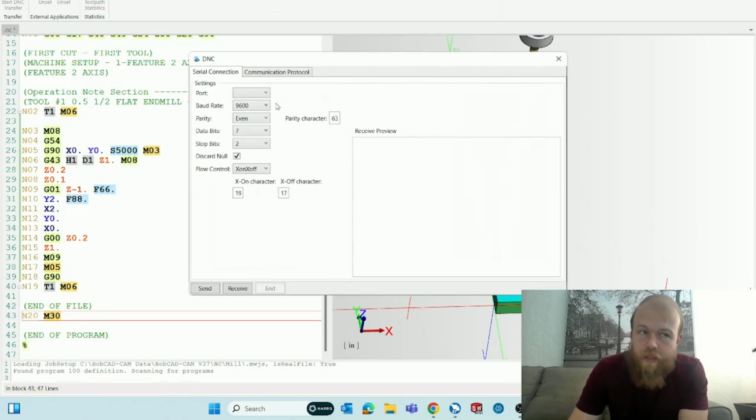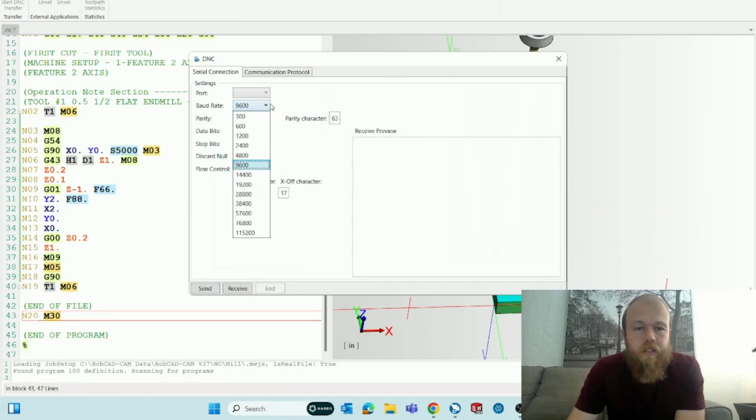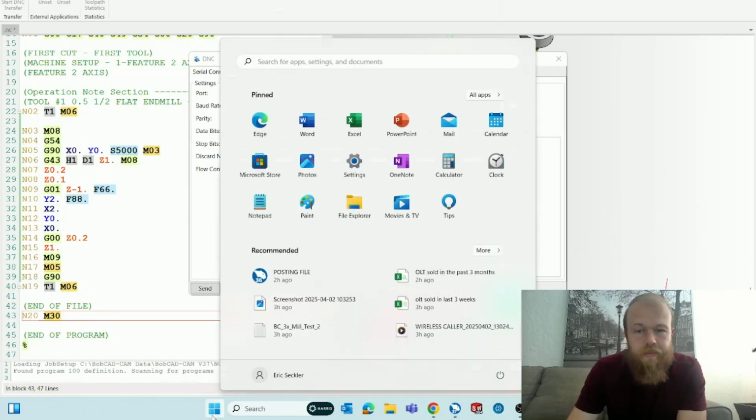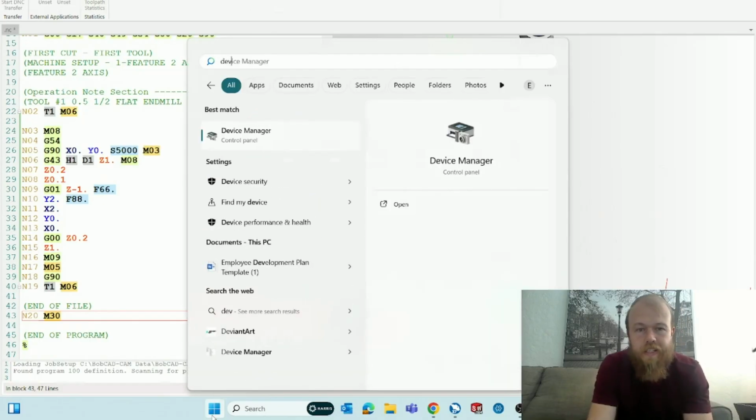A little more on the RS-232 communication, setting your port number, your baud rate, parity, data bits, stop bits. It has to be set up here for the NC Editor. It also has to be set up in your Device Manager on the computer. So when you go to your Start button down at the bottom here of your computer, you'll type in Device Manager,